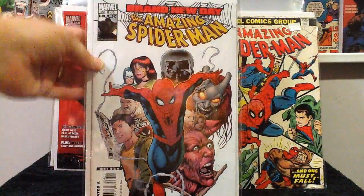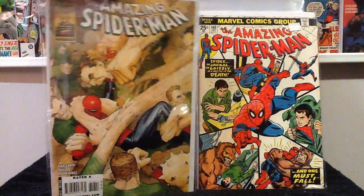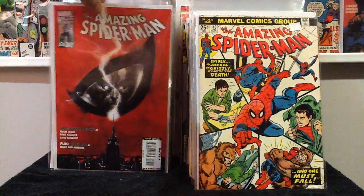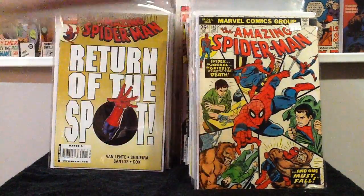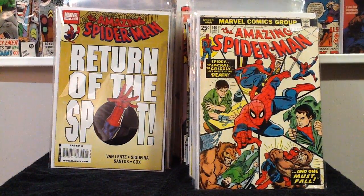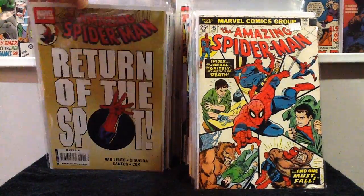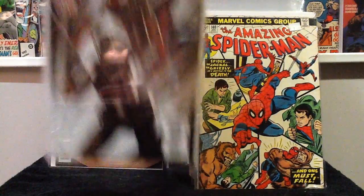I've never seen this cover before. 558, 616, 612, 614. The Return of the Spot, 509. I remember when he made his first appearance back in I think it was the 80s in the Spectacular Spider-Man. I remember those issues. 609,